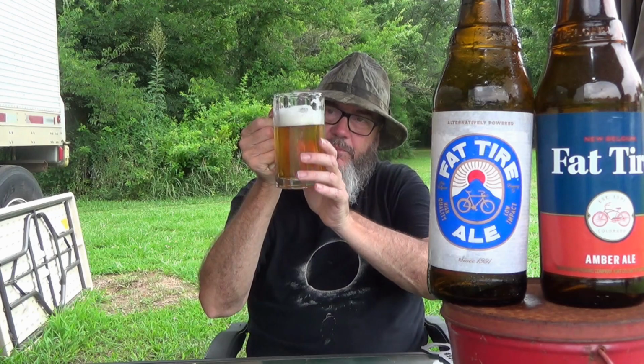The head's not got a lot of flavor, but let's see what the body is like. And now give the bottle a good swish, and it's still just a bright, beautiful gold beer. No haze at all, just beautiful, bright gold color. So this Fat Tire Ale